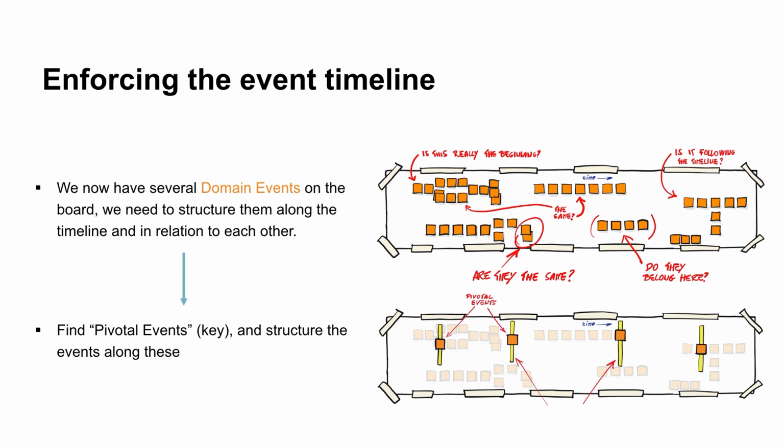And when you've done this, you're more or less at the end of this big picture workshop style. But one thing that's very good to finish off with is doing some form of dot voting on problems and opportunities, and then you take red sticky notes for problems and green for opportunities, and you place them along the timeline, and you can vote on the most important problems or opportunities.